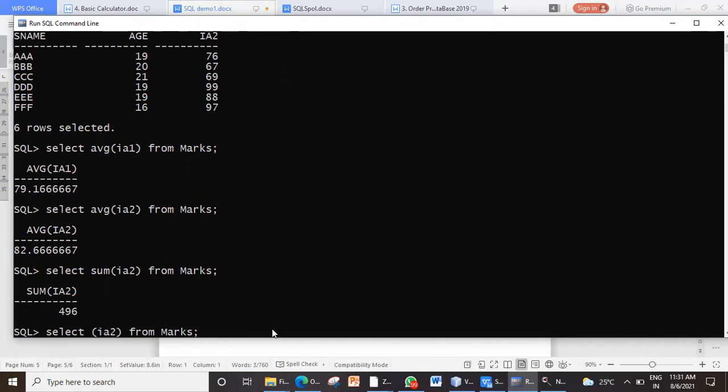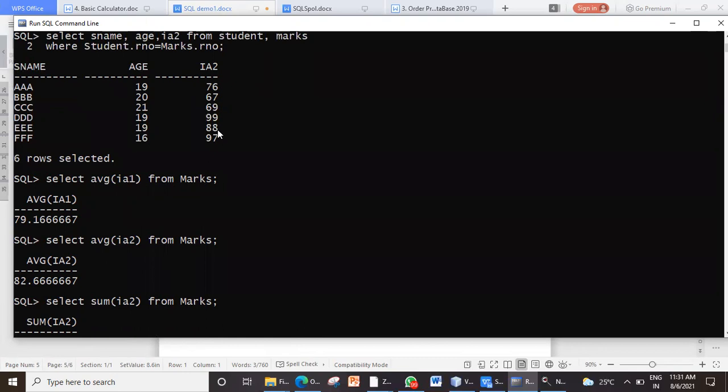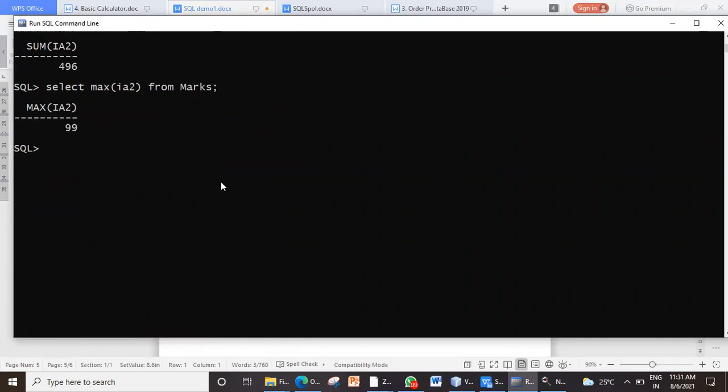Who, in the sense, what is the maximum score in internal exam 2? So max is 99. And similarly, what is the max in internal exam 1? 98, right? You can just try to change the column name.